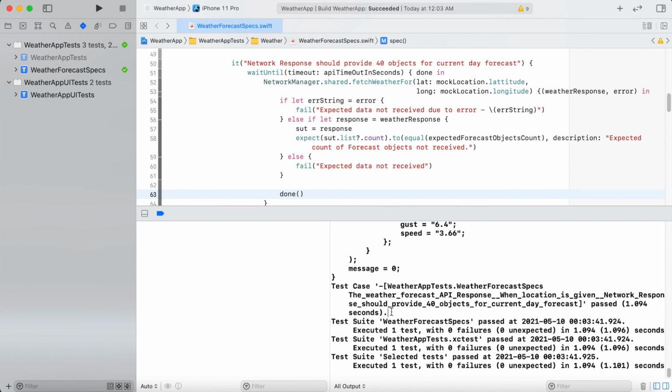Now you can see how formatted a log these strings provide at the console, and just by looking at it, anybody, even a non-technical person, can understand the status of your test case execution. This is the beauty of the Quick and Nimble framework.